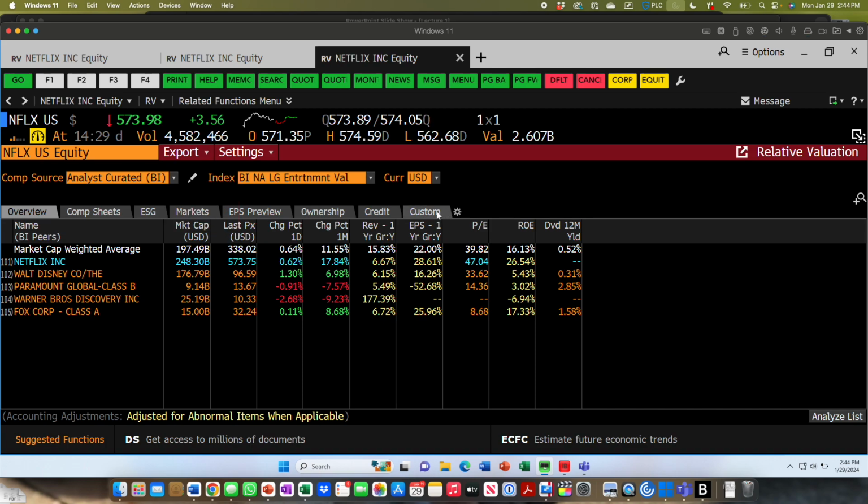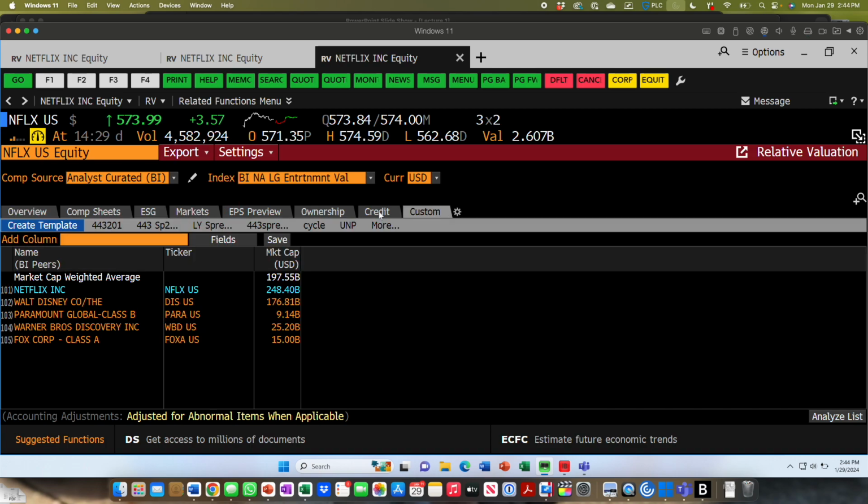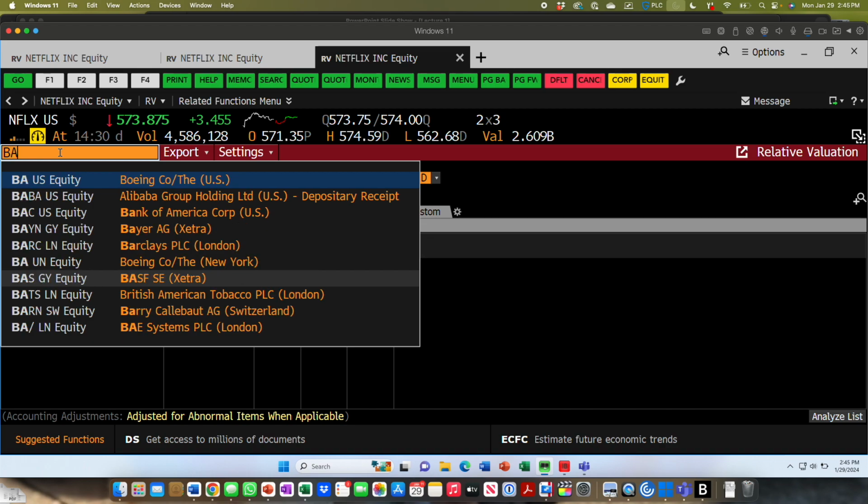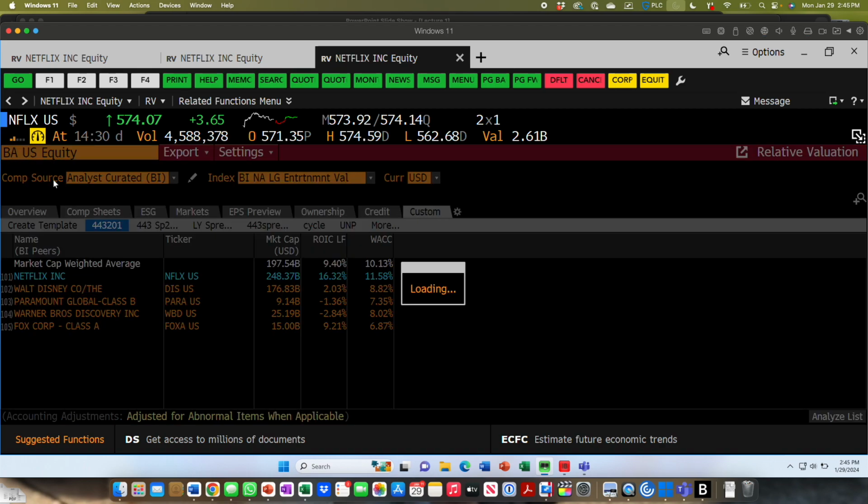So I'm going to go back to custom, which I got out of the screen. I'm going to go back to the template that we just built. And as I mentioned last week, give me another company. Another company, another business. Anybody? Yeah. Boeing. So you take the second row in yellow, and you replace Netflix with Boeing, and the same thing is about to happen. It's going to load the default peer list for Boeing, and it's going to upload their most recent data for them and their peers, real-time benchmarking. So if we load in Boeing,